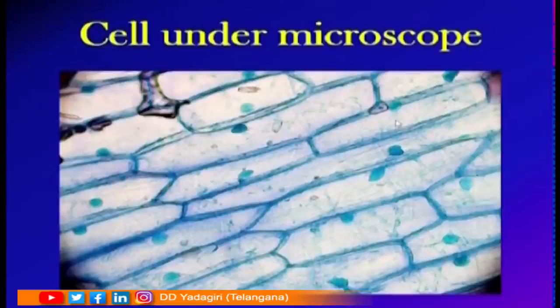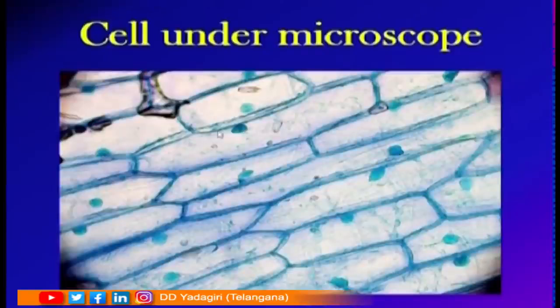All the cells are rectangular in shape. They are tightly packed and they have a thick wall. This thick wall is nothing but the cell wall. This cell wall is a tough layer present over the plant cell, which gives mechanical support and also protects the cell from the changing atmosphere, the changes occurring in the seasons in our surroundings.